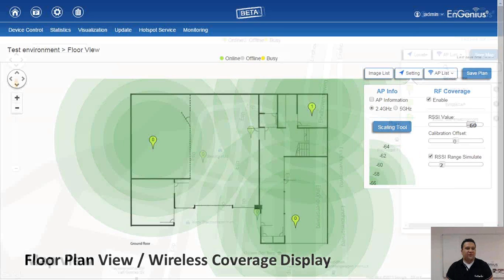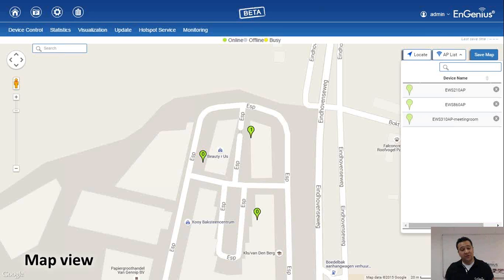Map view is the other one of the three ways to visually monitor your network, especially for multi-building or outdoor deployments. You can have map view using Google Maps, and it will just try to locate you if you're not able to locate yourself because of some rerouted IP address. You can still